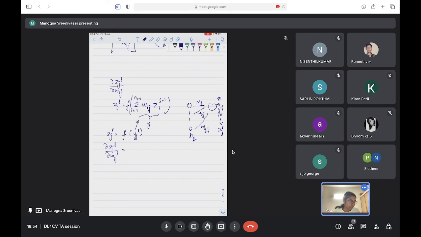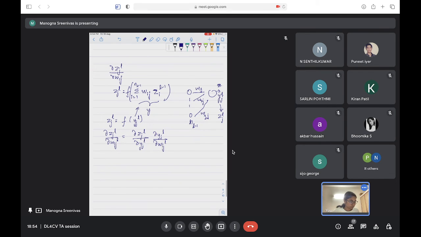This weight affects the final output only through this Yj of L, right? So this can be written as... what is this term here? It is actually f dash of Yj of L into